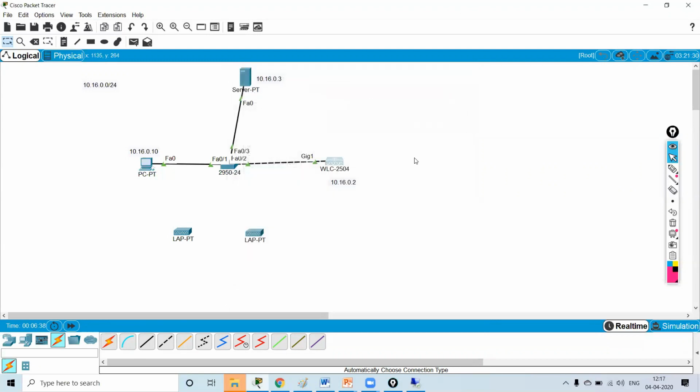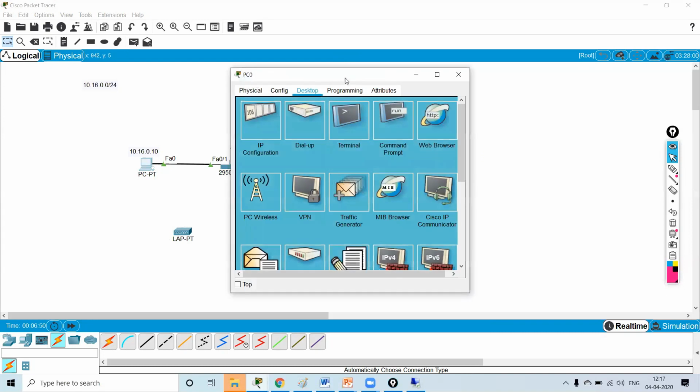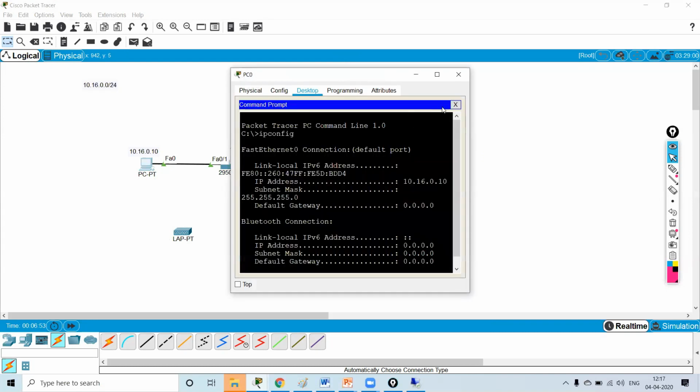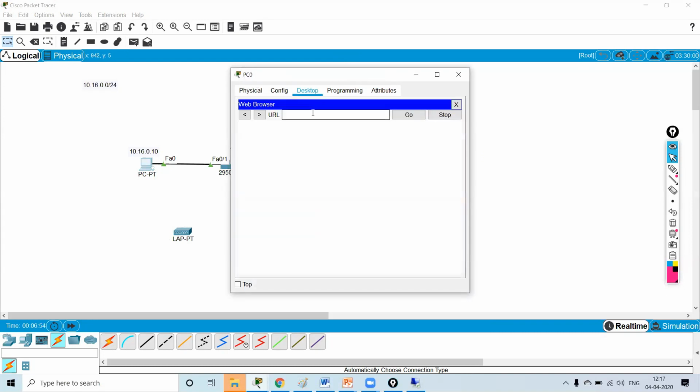See, in the previous example I used a layer 3 switch and configured all the things on the layer 3 switch only. Now I have configured the WLC. Let me go inside the web browser and access the WLC at 10.16.0.2. Go. Let me wait for getting the access.